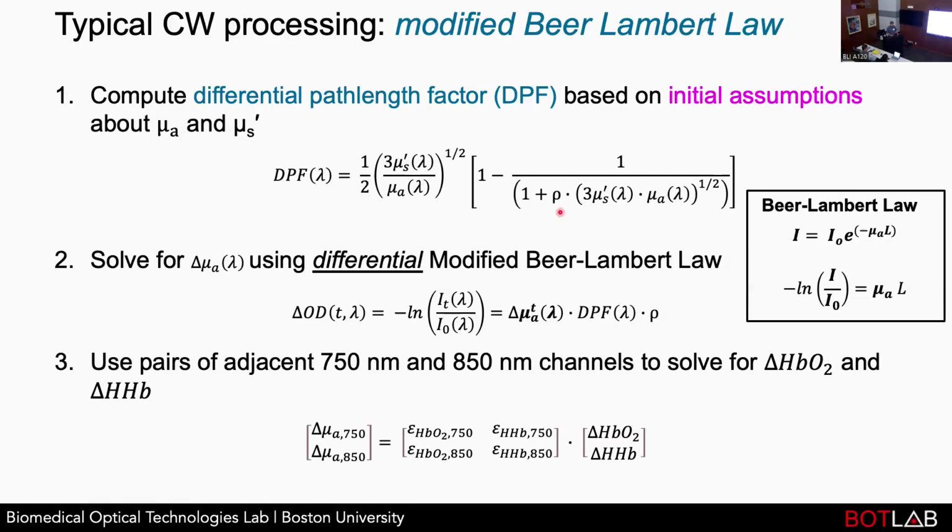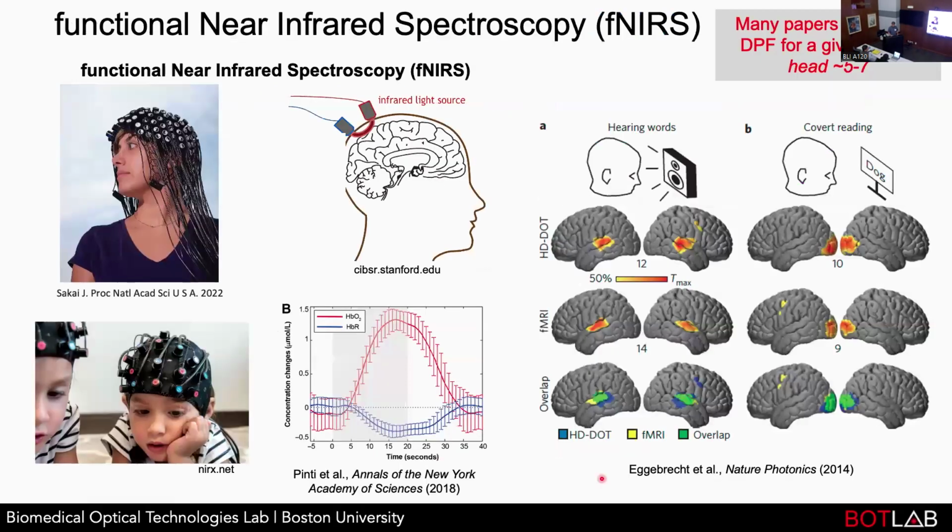And then if you can get delta mu A at two wavelengths, 750 and 850 are common, you can use Beer's law to get back to delta oxy and deoxyhemoglobin. So this is also assuming that mu S prime is not changing. It's also assuming that mu A doesn't change dramatically, right? It's for relatively small perturbations,